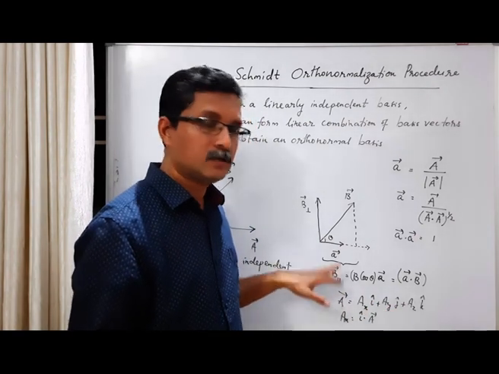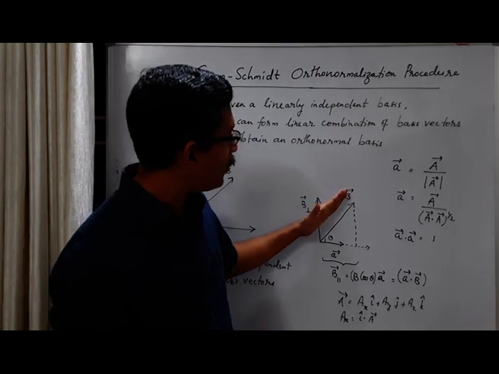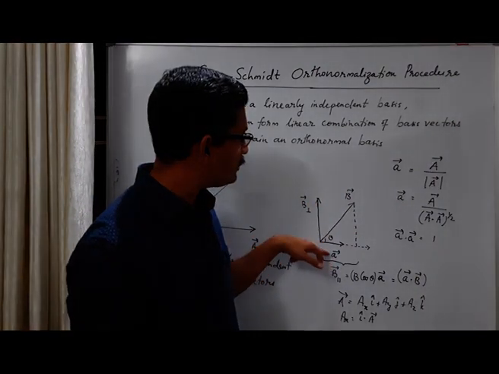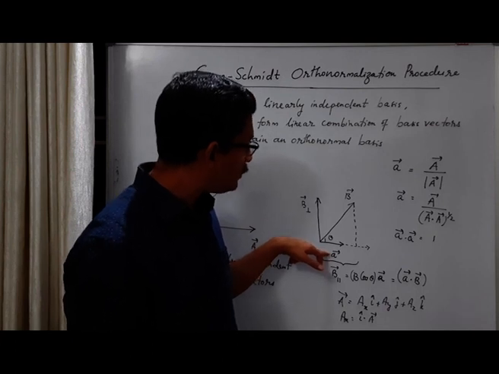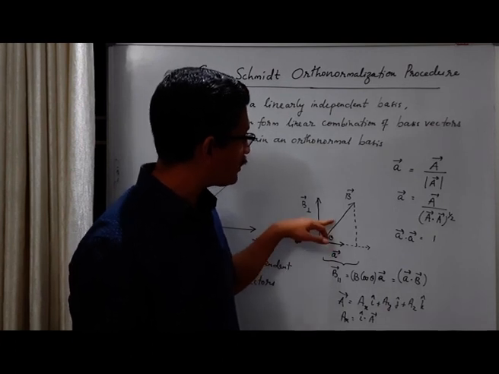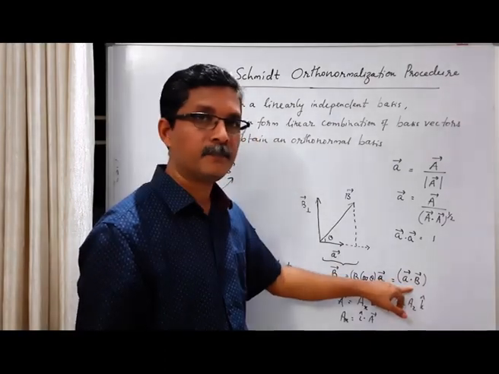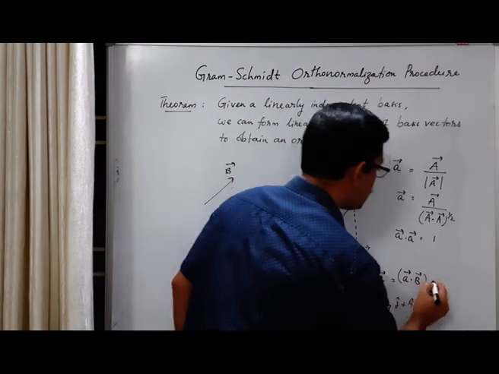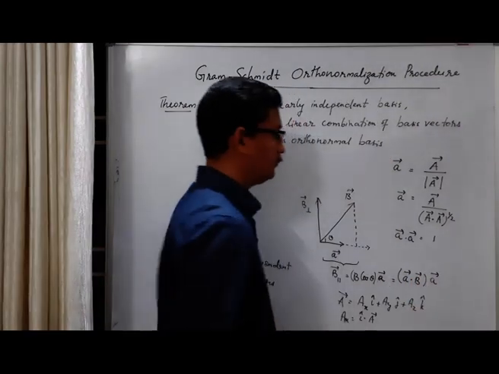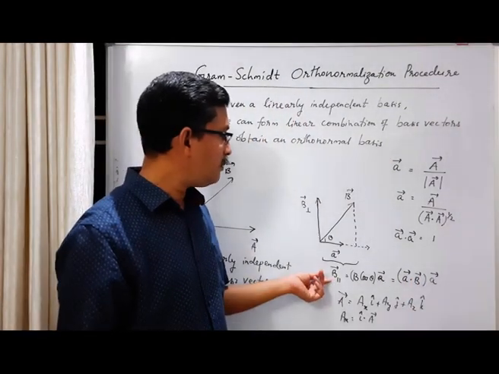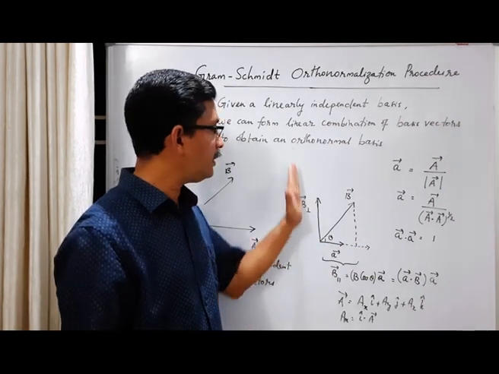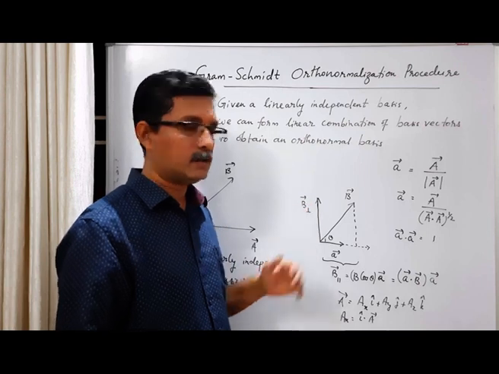In the same way, in order to get the component of B along the direction of this vector A, this is a unit vector now, you take the scalar product between this unit vector and this vector. That's what we have done here. Its magnitude is B cos theta, and the direction is A. So this B parallel is the component parallel to A and B perpendicular is the component perpendicular to A.